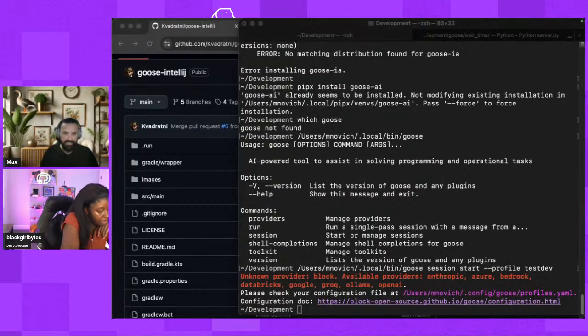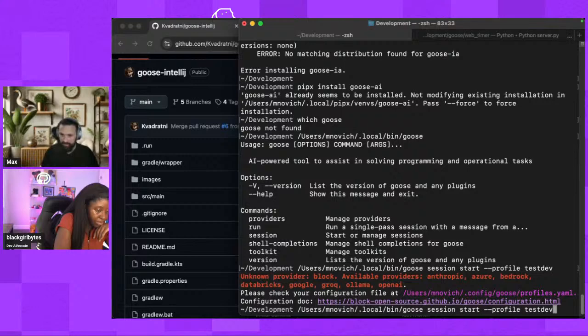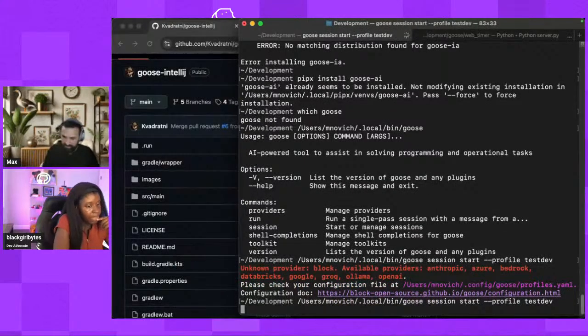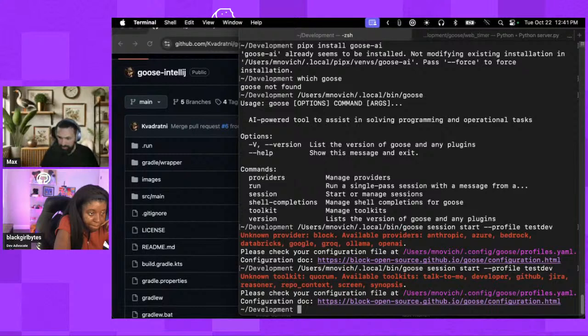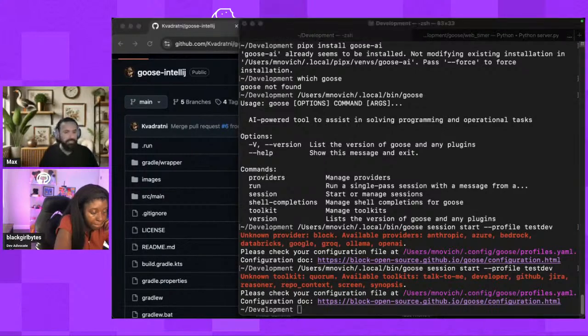Okay, so I've updated the profile and now it should not go to block. Okay, quorum, it doesn't exist. Sorry. Why doesn't quorum exist? Oh, because quorum is a block plugin, right? Yeah, there are some plugins which are specific to our company, which have access to our internal tooling, which would make sense, but